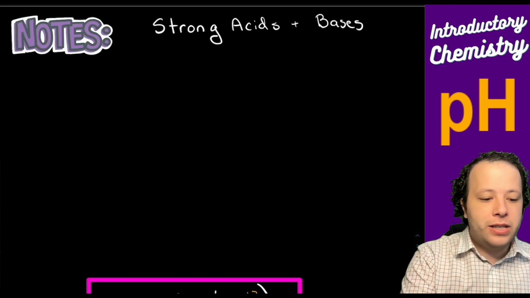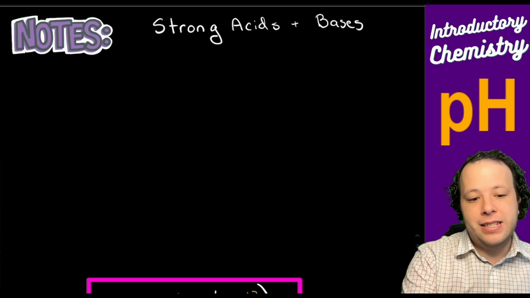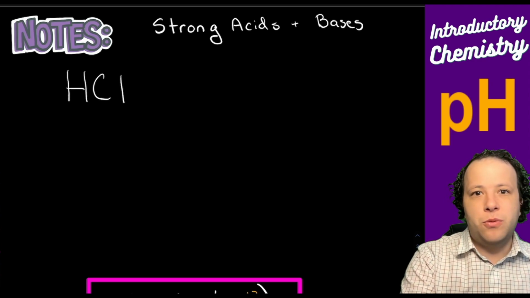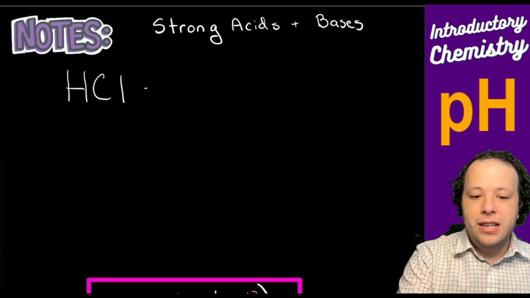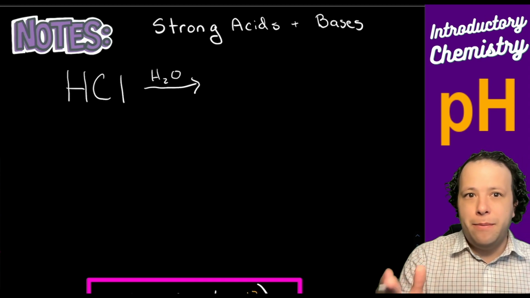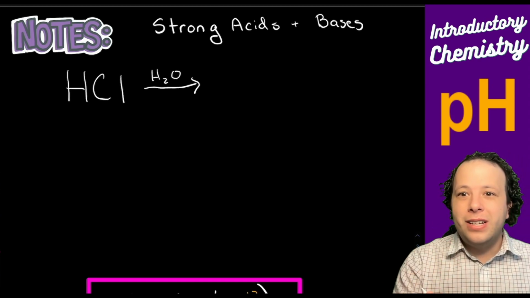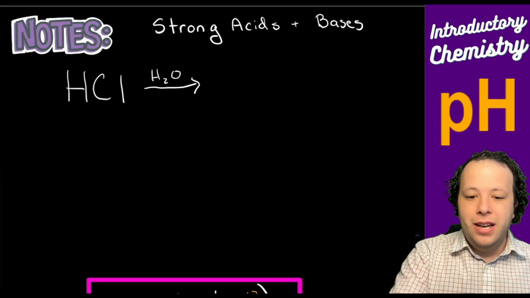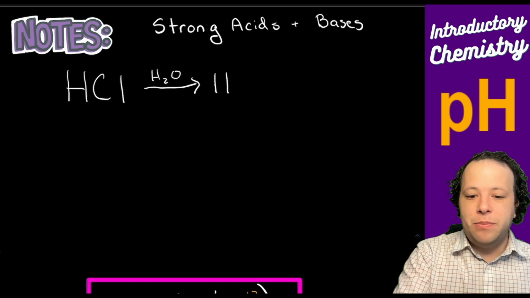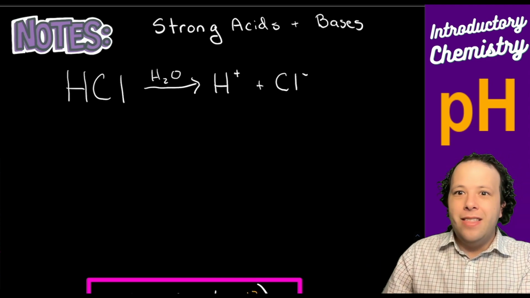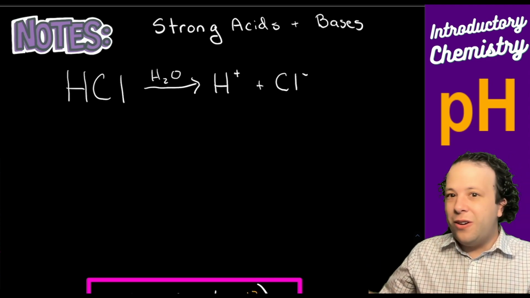Well, if we want to look at the basic example of an acid, let's say I have something like HCl, which is one of our common strong acids. If that is to dissociate in water, what exactly does that make when it breaks down? We want to look at what ions make this ionic compound up. One of the things it makes is H+ and Cl-, which are our two halves of the compound. So those are our two pieces.